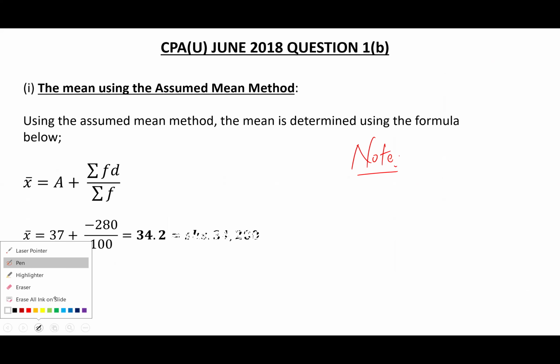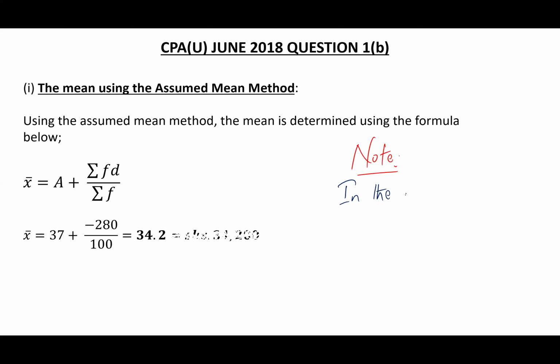So we are noting that in the event that the assumed mean is not given,